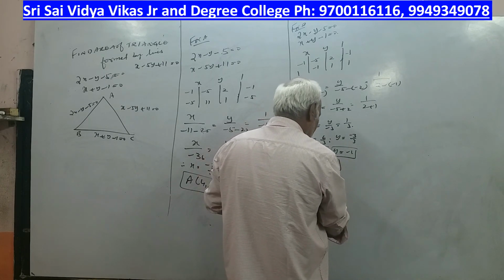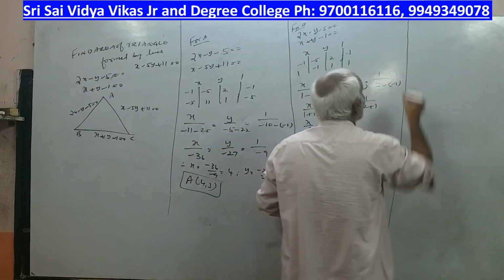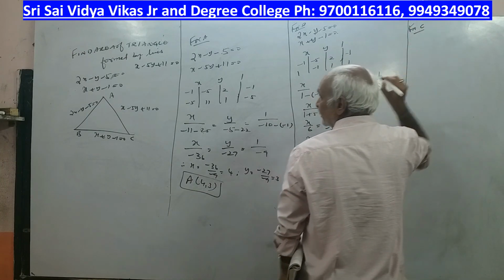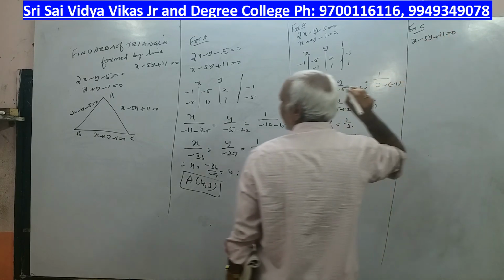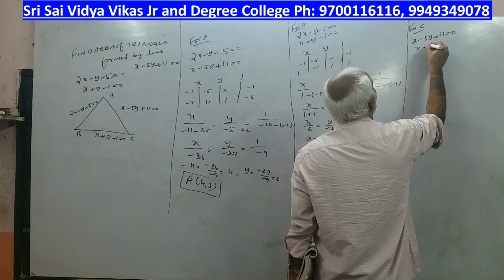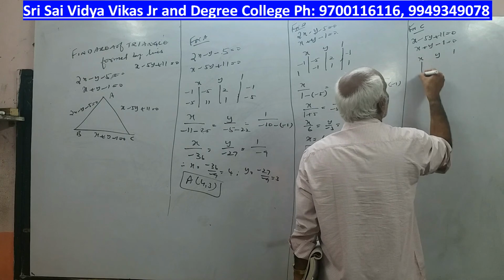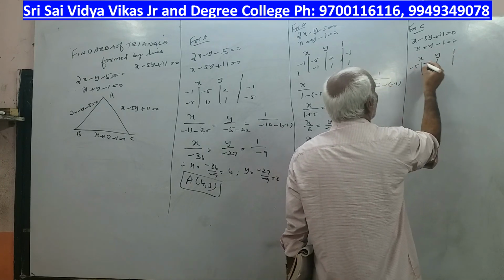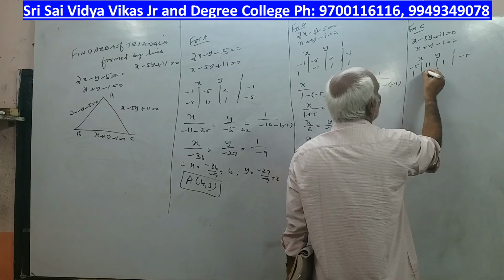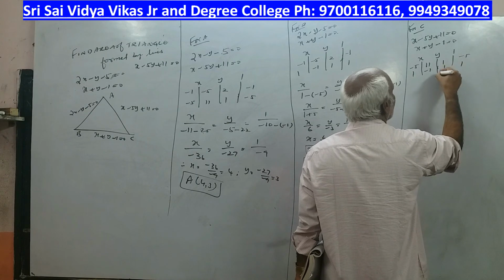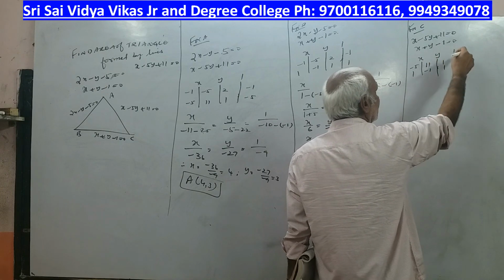Right? Now for C. For C, which equations have to be considered? x minus 5y plus 11 is equal to 0 and x plus y minus 1 is equal to 0. x, y, 1. Okay, so minus 5, 11, 1, minus 5. Next one, 1, minus 1, 1, 1. Y coefficient, constant, x coefficient.